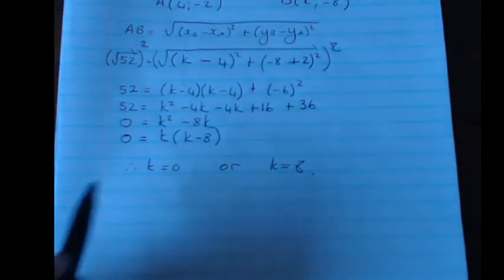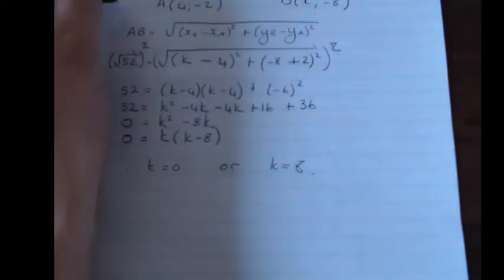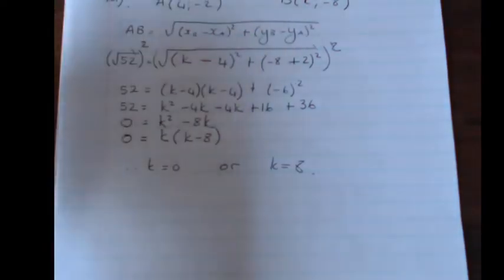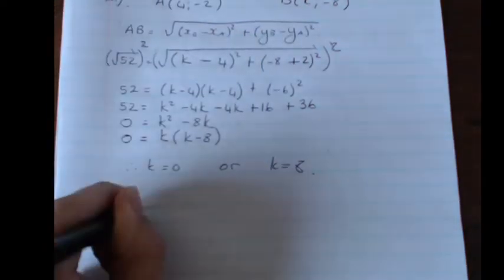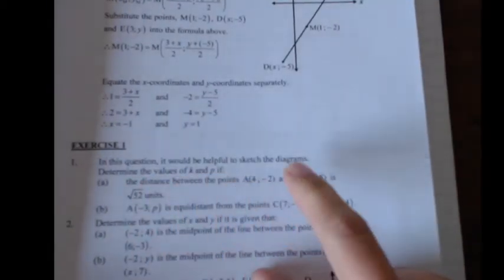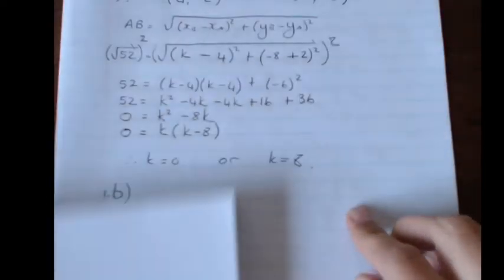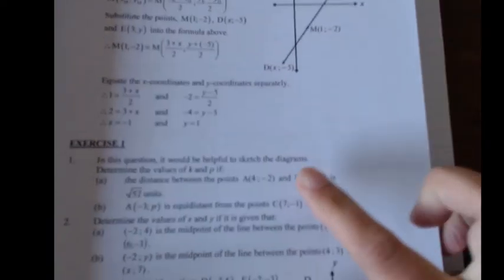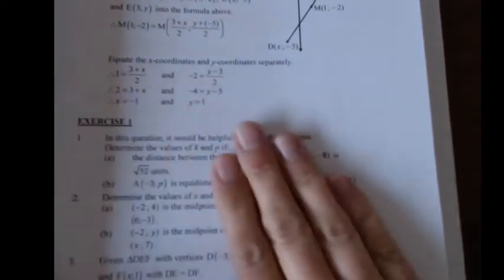So determine the values of k. That's question 1a. And P, which I'm going to use in question B. Determine the values of K and P. I've got the K can be 0 or 8, which both is fine. And then